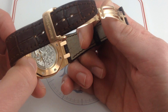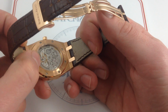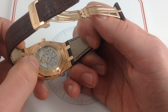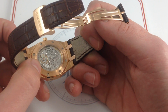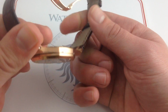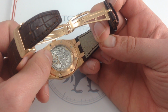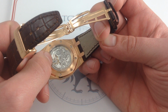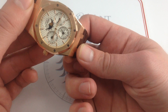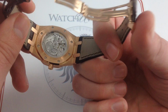Now the balance is a gyromax style, so free sprung with variable inertia balance masses on the outer circumference. Those little masses, they're C-shaped, they're a bit asymmetrical, can be turned to increase or decrease the moment of inertia, and that's how the watchmaker regulates the timepiece. With the free-sprung balance, you don't have to worry about shock or movement displacing a regulator stick or index that would typically be used to tension or slightly detension the hairspring. So you've got the luxury of a measure of durability and chronometric precision engineered into what is an ultra-fine, ultra-thin